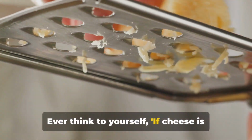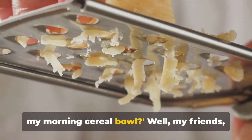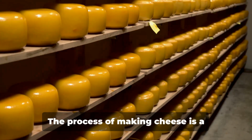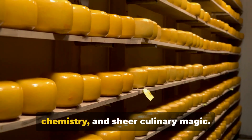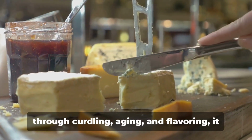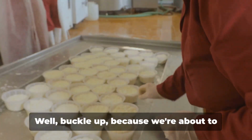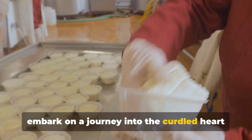Ever think to yourself, if cheese is made from milk, why doesn't it taste like my morning cereal bowl? Well, my friends, there's a mystery wrapped in a riddle, stuffed in a curd at play here. The process of making cheese is a fascinating symphony of biology, chemistry, and sheer culinary magic. Though it starts with the humble milk, through curdling, aging, and flavoring, it transforms into the delectable delicacy we all know and love. Well, buckle up, because we're about to embark on a journey into the curdled heart of cheese